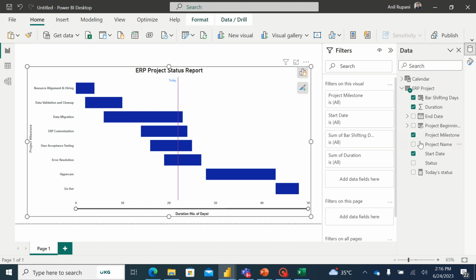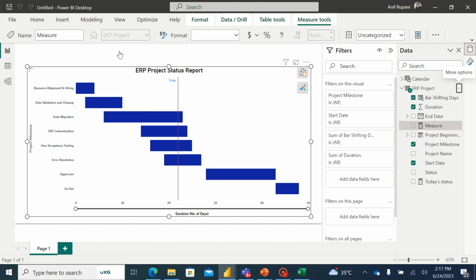So through the measure, first I will be splitting the duration with the project completion status. So duration would be separate for each project status. Currently, we have a common duration column which is appearing for all the statuses. I would be splitting this into 4 parts basis the different status of the project. For that, I'll go to measure, create a new measure. I'll name this measure as duration completed,